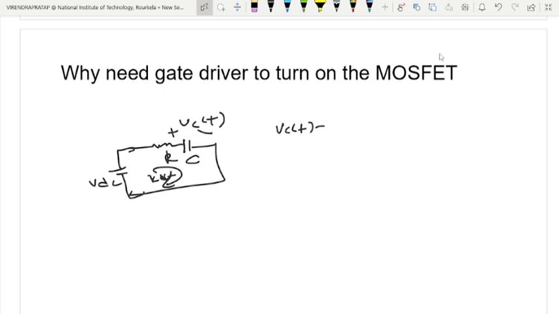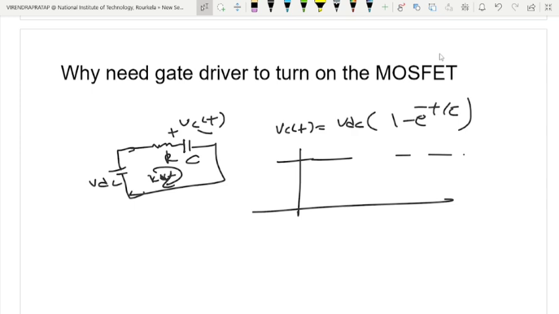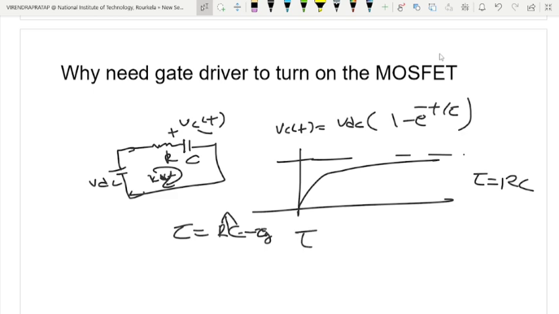We know very well VC(t) is equal to VDC times (1 minus e to the power of minus t by tau), where the time constant is RC. Suppose the input capacitor is constant. If we increase the gate resistor, then the time constant will be more, and our response will be slower. In this case losses will be more, but one advantage is that switch node peaking will be